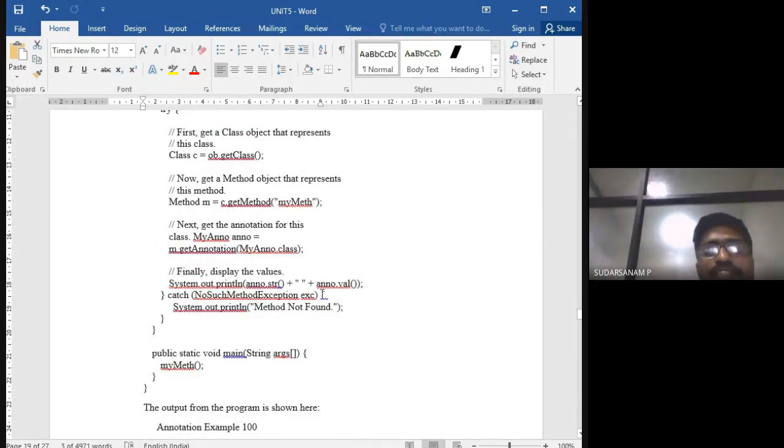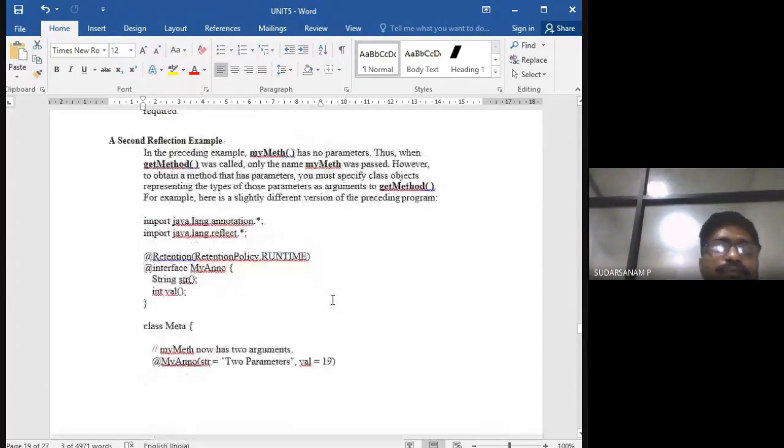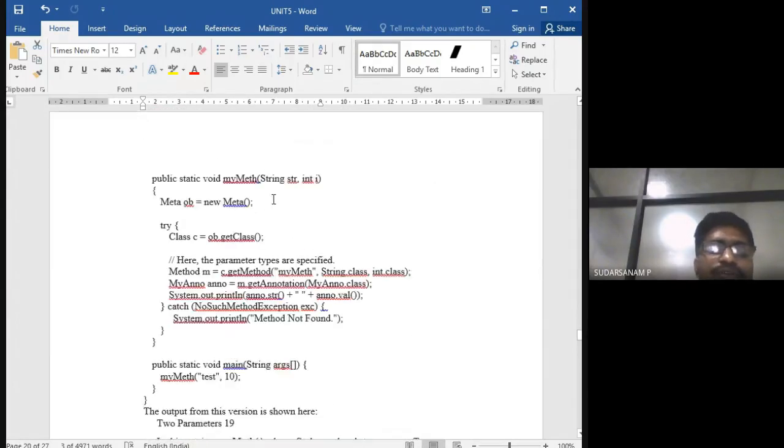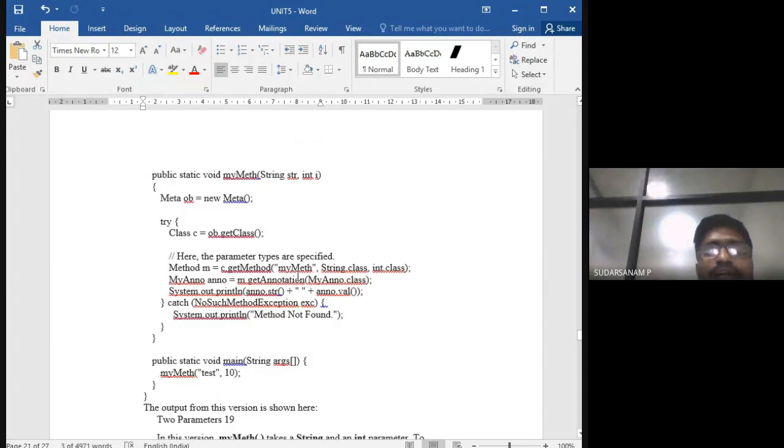System.out.println finally displays the values; for this purpose we are calling this one. Here, directly anu.str plus this one. We have passed the parameter separately, but here we have written it a bit differently. Here we have directly written the code. We have also created the object for the get method separately, and written the code separately for this too.